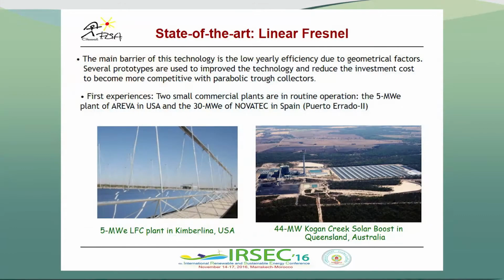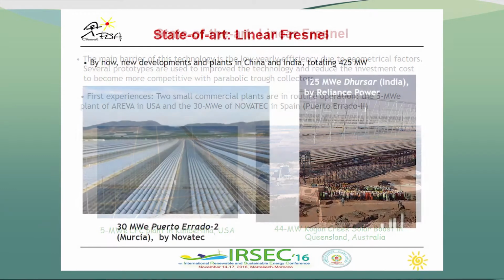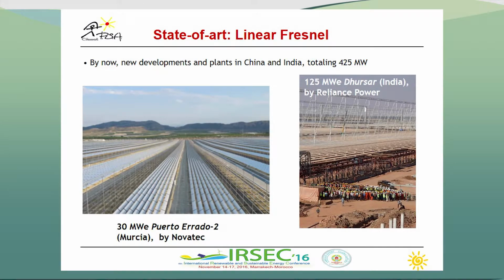Here you see. And linear Fresnel, well, remember I said it's the least efficient system, but also the technological complexity is lower and is finding its niche in the market because it can be used also for solar thermal applications, you know, dryers, and in the range below 200 degrees C, for instance, for industries, paper industry, many things. Here you see some already existing commercial plants. Now they are reaching a total of 425 megawatt, which is